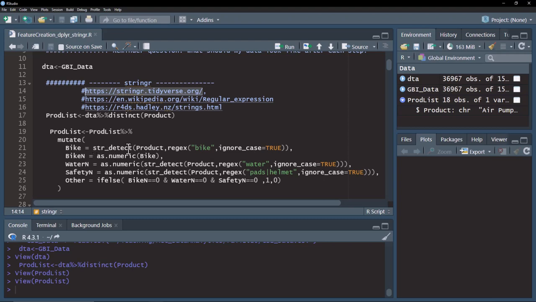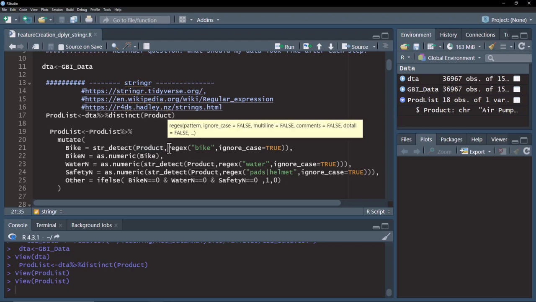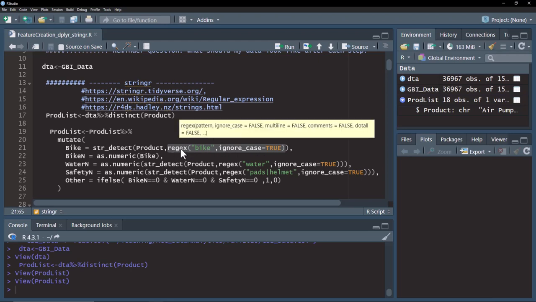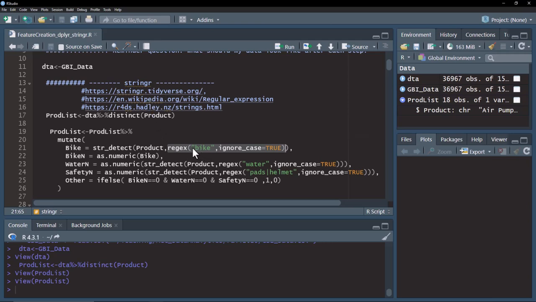Okay, so string detect is to find a pattern. Here, product is the column. There are lots of ways to do this, but this is the most standard that I think works easily. So regex is a regular expression. That's what's described here in the Wikipedia article. And that means you can put patterns and different functions in there. And then here, one of the options in the regex part of the function is you can ignore whether it's